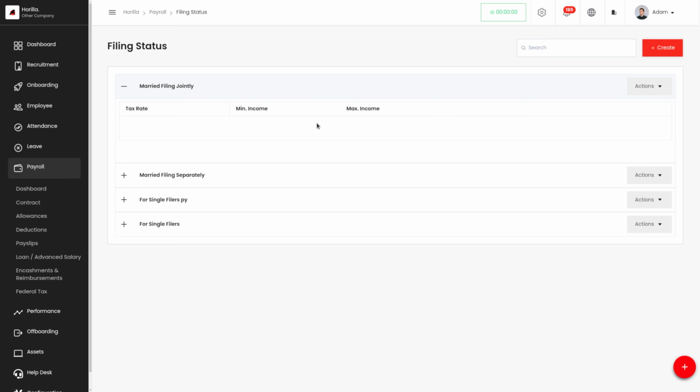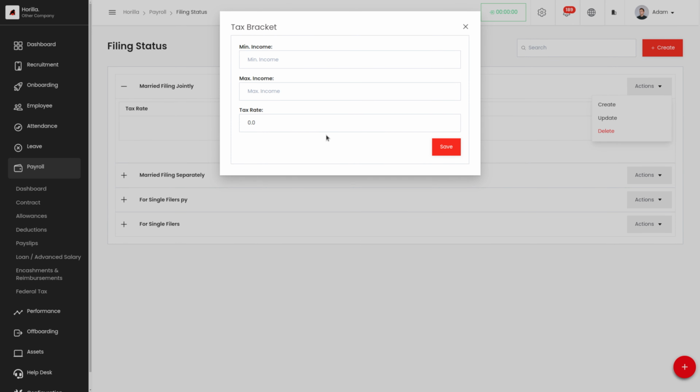Since we have not defined any tax bracket for the filing status, we can see here it is empty. To add tax brackets to it, we can click on actions, and let's click on create. From here, we can define the minimum income, maximum income and the tax rate for that range of income.